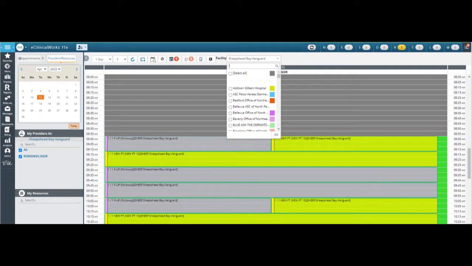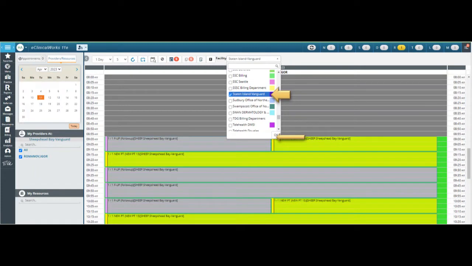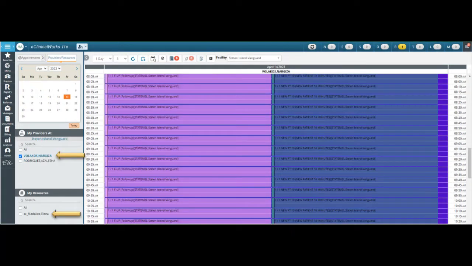So to prevent that confusion, what I want you to do is hit Select All, deselect all, and then find the one that you want and select that. So I've done the select all and deselect all function, and now I'm going to select Staten Island for Vanguard. So I'll click on Staten Island, then hit the OK button, and you'll see that it pops up a different